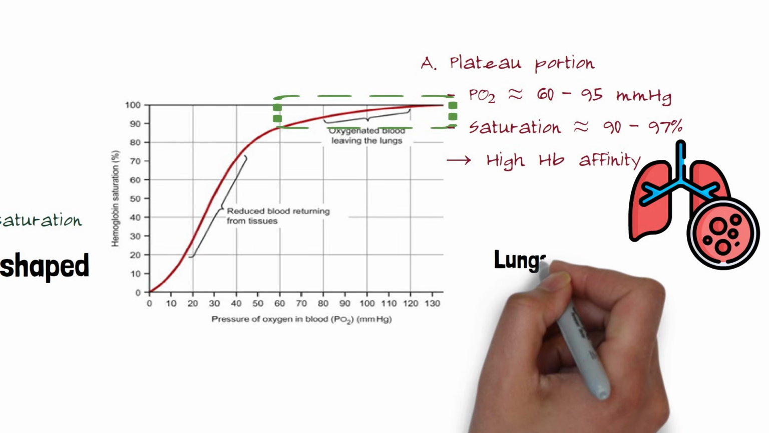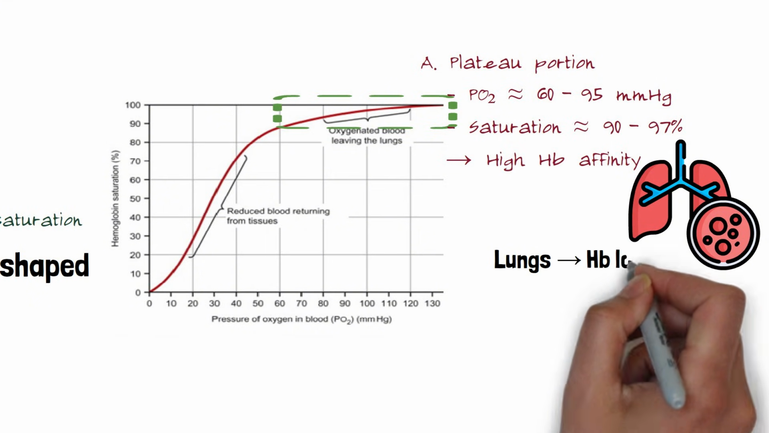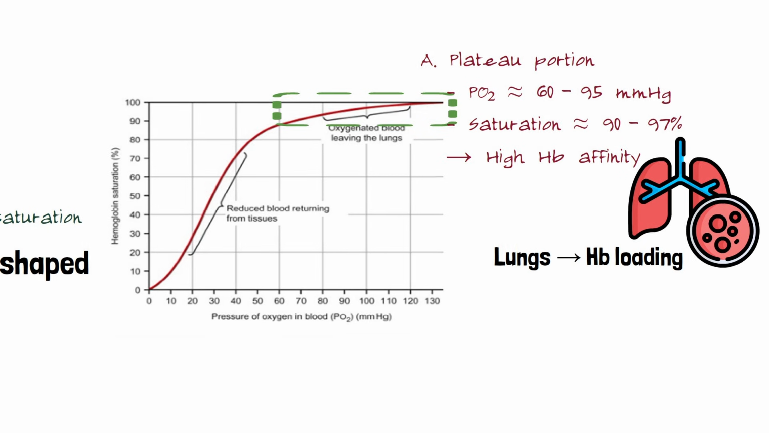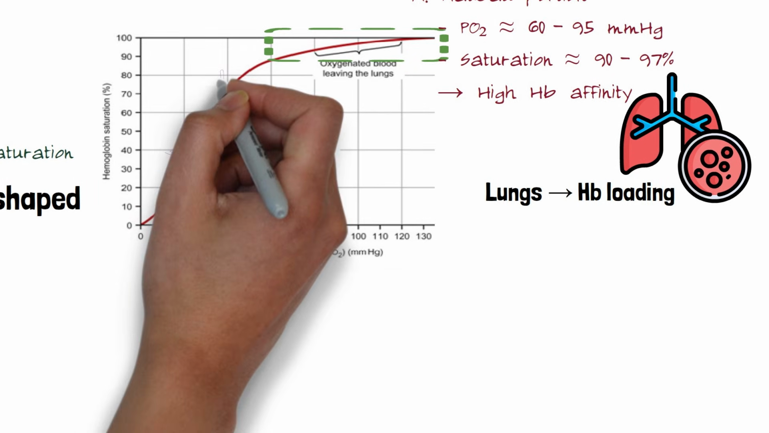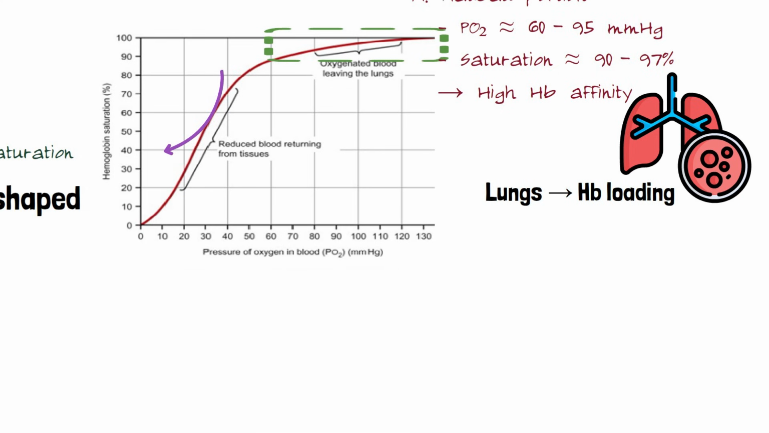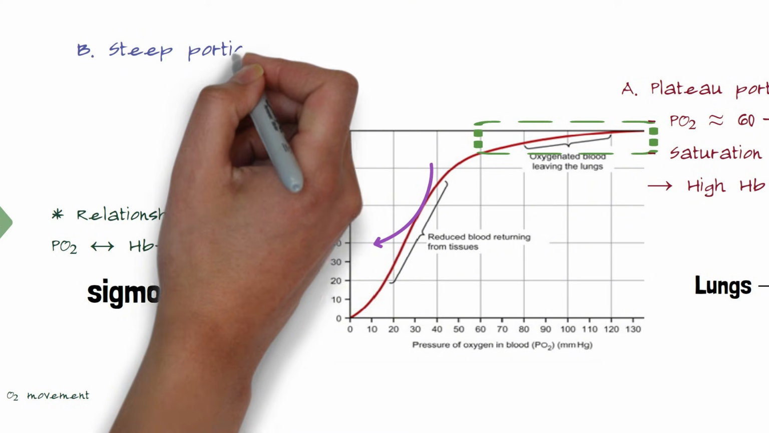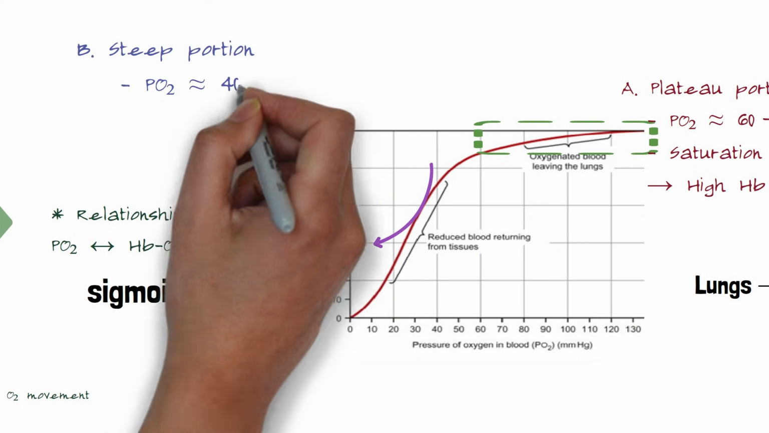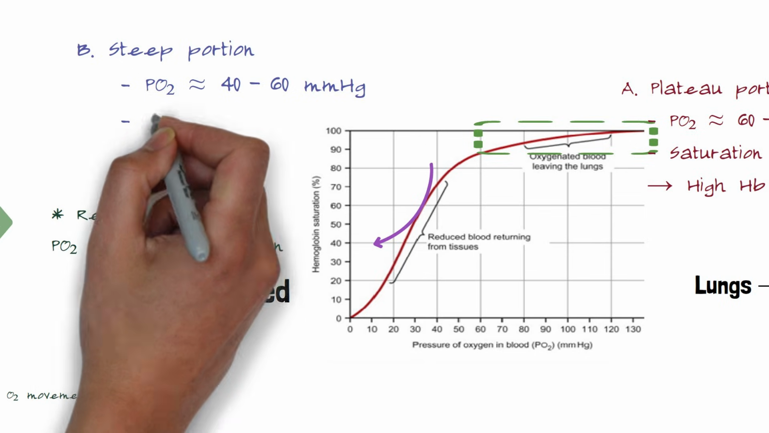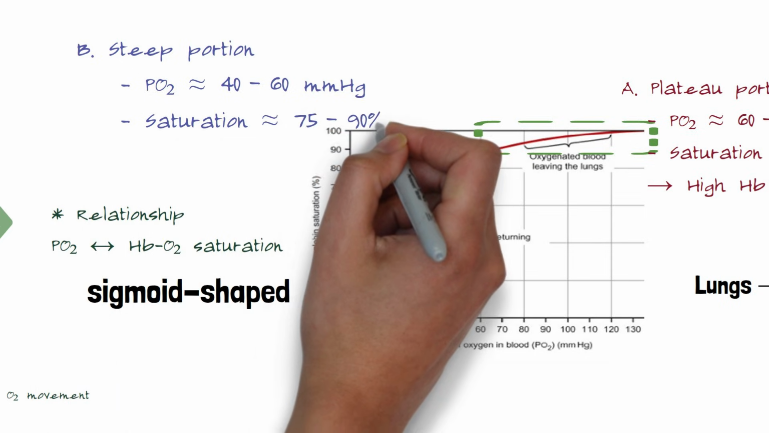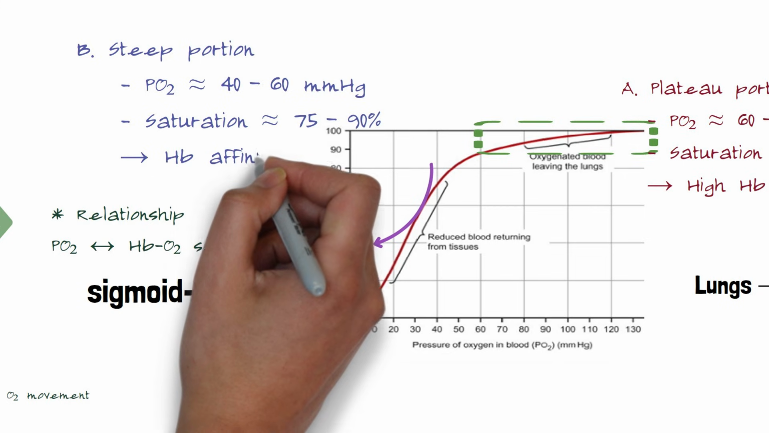This part is commonly seen in the lung, since the hemoglobin in the lung has high affinity, so it is loading. The second part is the steep part, and here the tension ranges from 40 to 60, while the saturation changes from 90 to 70. In the steep part, the hemoglobin affinity is low, so the hemoglobin unloads or gives the oxygen to the tissue,